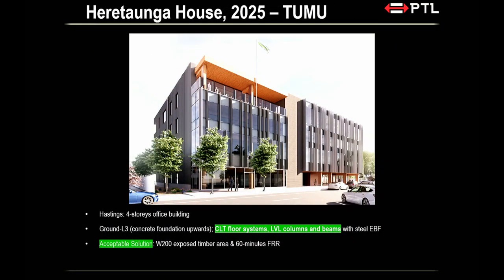All right? So last project here, this is happening in Hastings. So not all office buildings have to be alternative solution and very complex. Some offices, you'll be able to fit it nicely under acceptable solution, in which case you read the table, you do a prescriptive design. I told the architect you can have W200, so 200% of the floor area can be exposed timber. So if you're 1,000 meters square, you can have 2,000 meters square of exposed timber. Use it wherever you like, right?